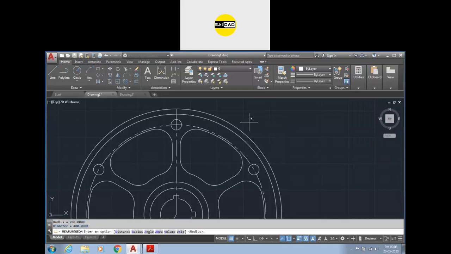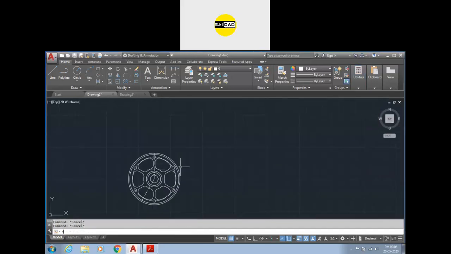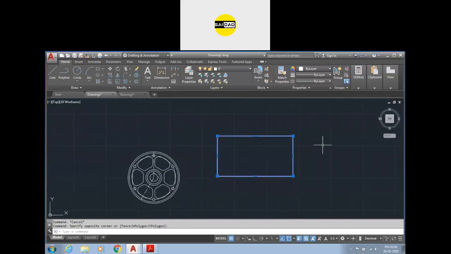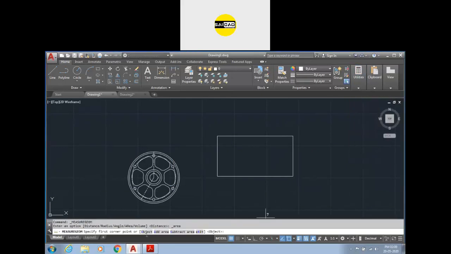Okay, it is not shown here, it will be shown here. These options are just to check the radius or the properties of the object. The main thing you can check here is the area. If you want to calculate the area of an object, if you have this object and you want to check its area, you can just go to the area option here.